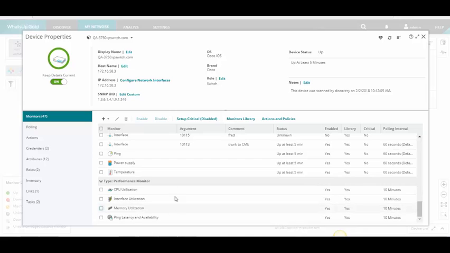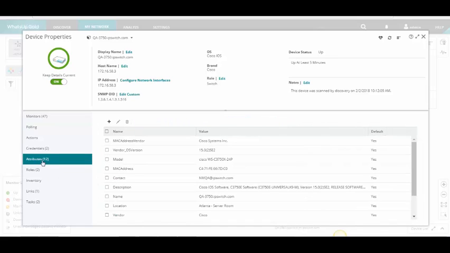And we'll also pick up some performance monitors for items that will give us the ability to report on trends and then also alert on thresholds, and that would be for CPU, interface, memory, ping latency, and availability. Those will be the things that we will pick up from the network gear. And again, with the ease of use in WhatsUp Gold, all you have to do is discover the device, bring it in for monitoring, and it will understand and begin monitoring that device.